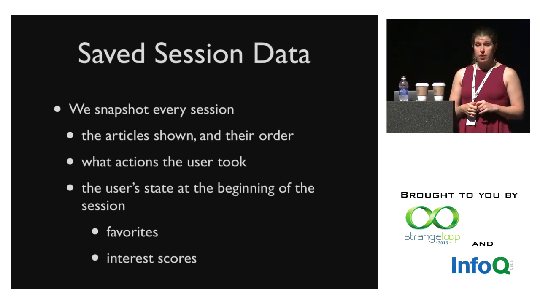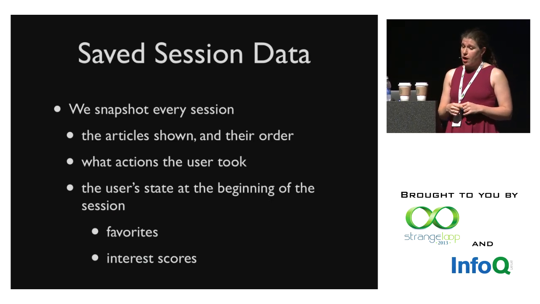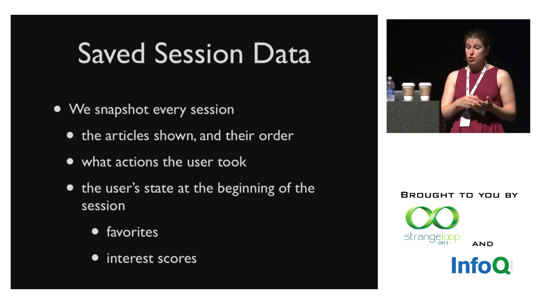One thing that's worth noting, and will come up again later, is that when we generate a feed, we often generate far more articles than the user actually scrolls through. And so for the articles that they didn't reach, we can't know how they hypothetically would have interacted with them. And so we only save off session information through the articles that the user actually scrolled through.